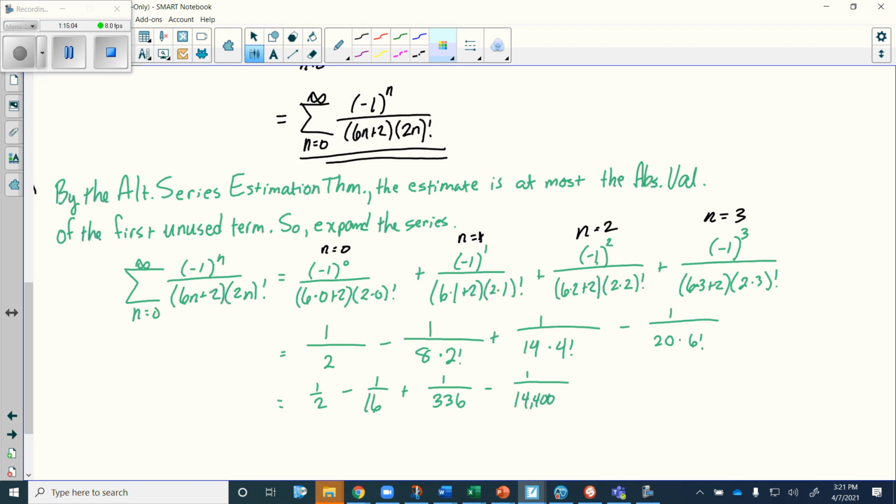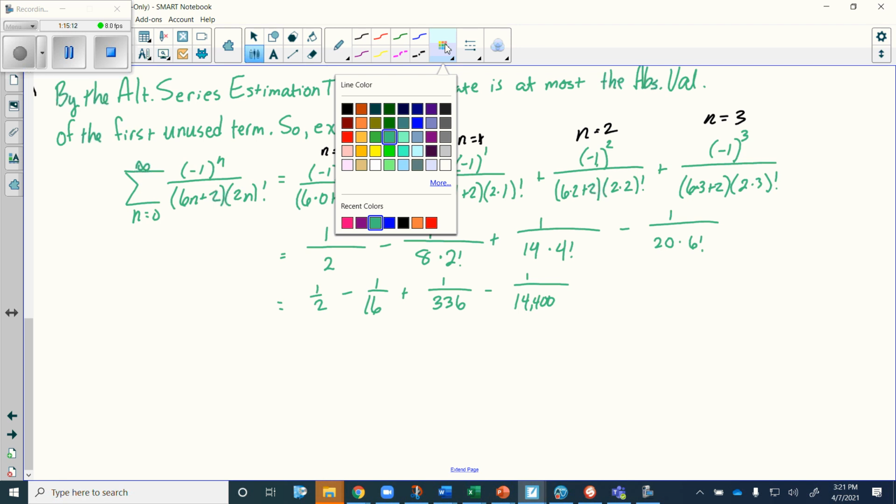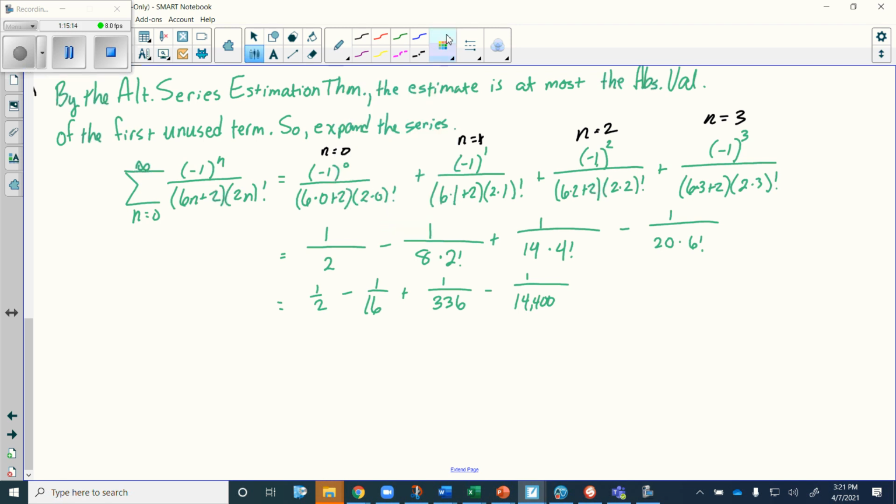So we're trying to be accurate to within 3 decimal places. So if we're trying to look at something as the first unused term, let's look at this one here. Let's presume that this will be our first unused term and see what the value is. If I take the absolute value of the negative 1 over 14,400, on my calculator, I'm getting